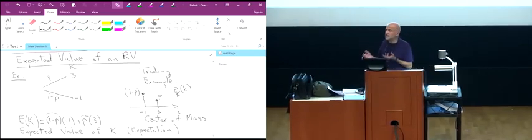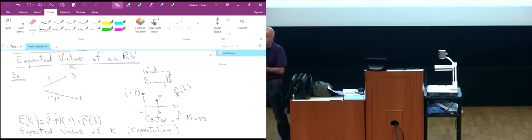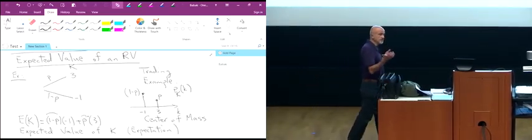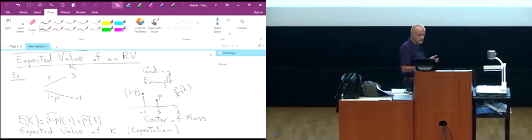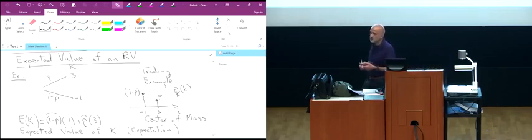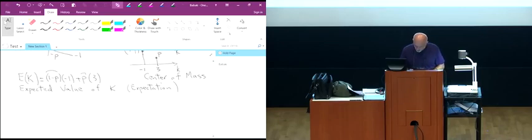So I'm doing a weighted linear combination of the possible values that the random variable K can take. Random variable K can take the values 3 or minus 1. It takes on the value 3 with the probability p, so I multiply it by that probability. And it takes on the value minus 1 with probability 1 minus p, so I multiply it by 1 minus p in that case. And this linear combination,